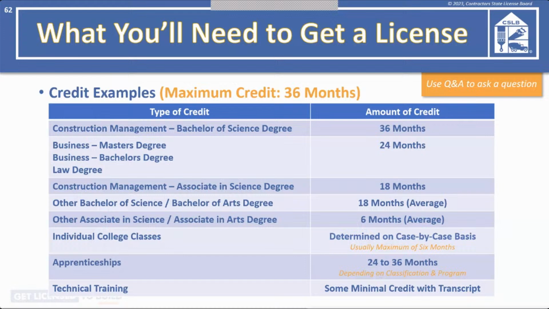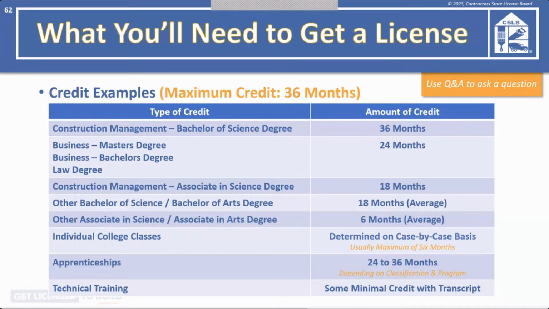Once again, something to keep in mind, if the name of your LLC is not descriptive to the classification that you're going to, you may end up having to add a DBA as well to specify. So in other words, if you're going for the C20, you could have an LLC of ABC Landscaping LLC, but since you're going for the C20, you're going to need to add a DBA that indicates that you're an HVAC licensee.